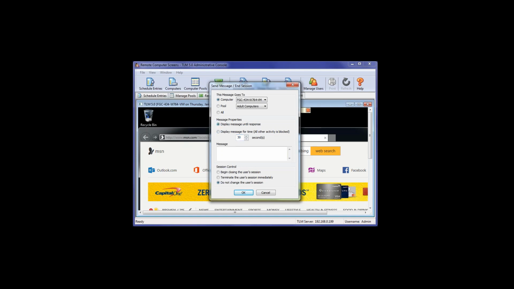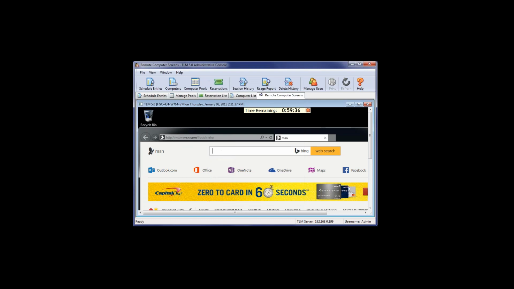In this case, I'm just going to have it be displayed until the user responds, and I'm just going to put in a bye message. And then at the bottom of the screen, I have the option to either not change the user session or begin closing it, which puts it into that 3-minute shutdown window where they would have time to save their work. Or I could also terminate the session immediately if they're doing something that's very severe. In this case, I'm going to say that it should begin closing the user session, and I'm going to press OK. And if I switch over to my virtual machine,